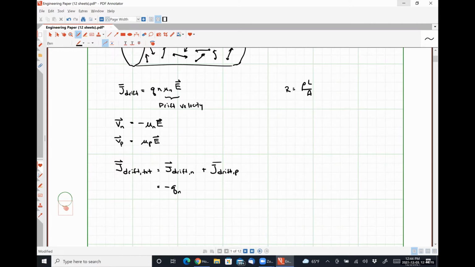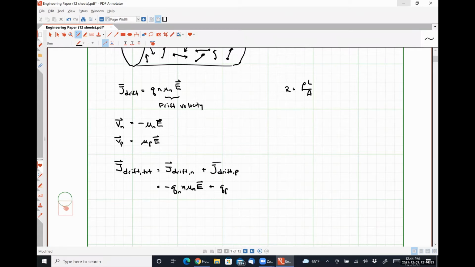I'm being very specific because the charge of an electron is of the opposite sign of the charge of a hole. So Qn multiplied by n mu n E